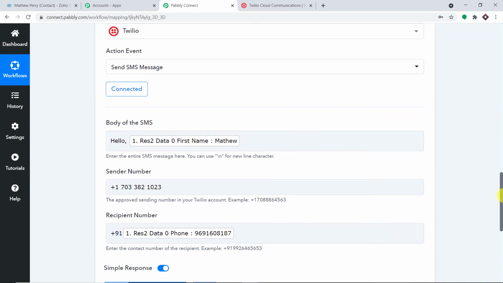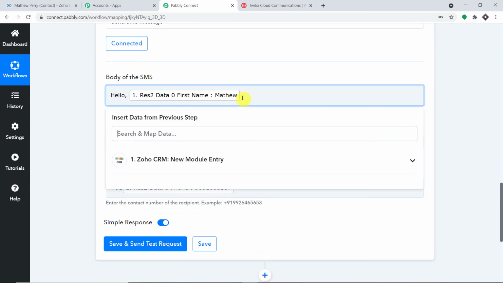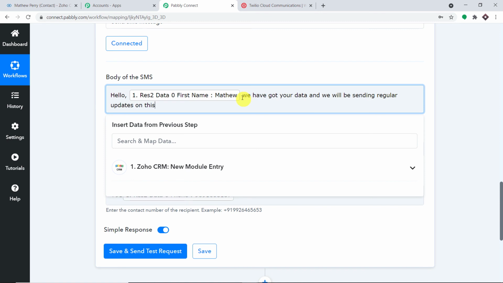So we are mapping all these details. Hello Matthew, we have got your data and we will be sending regular updates on this phone number.